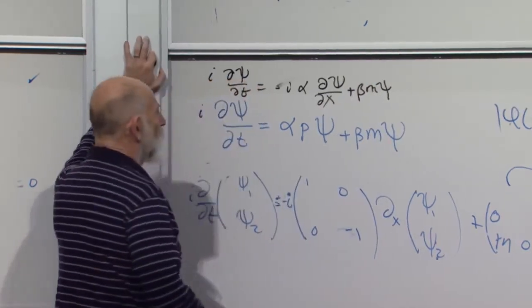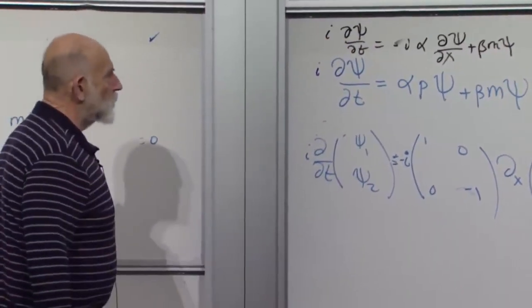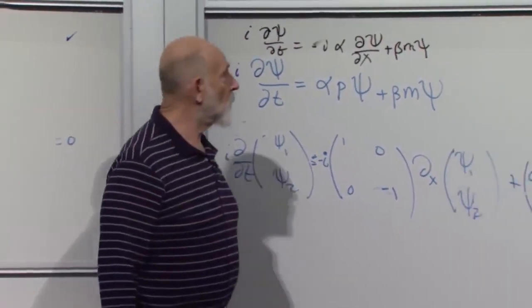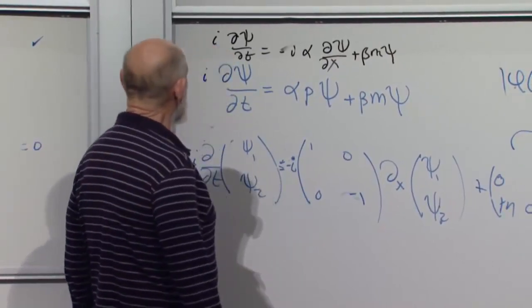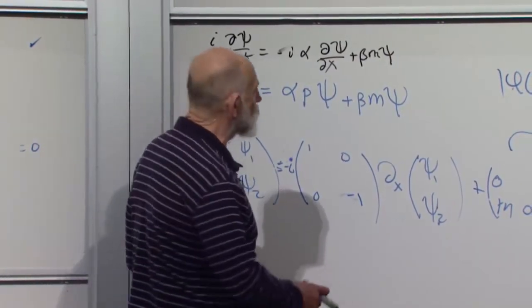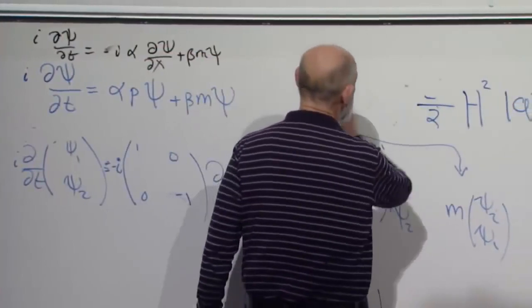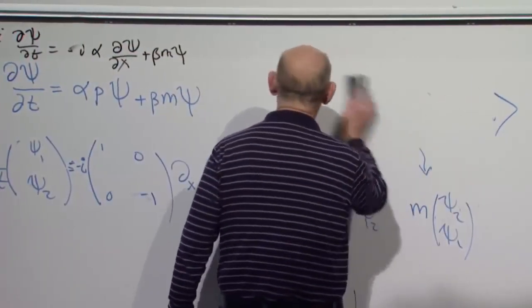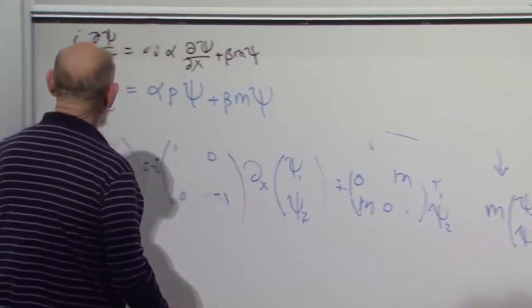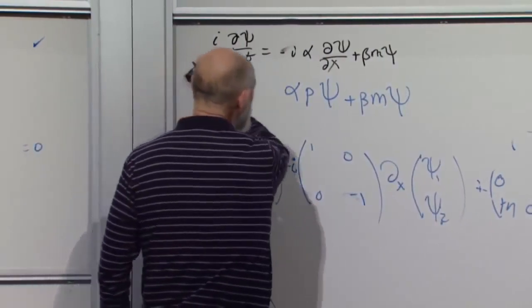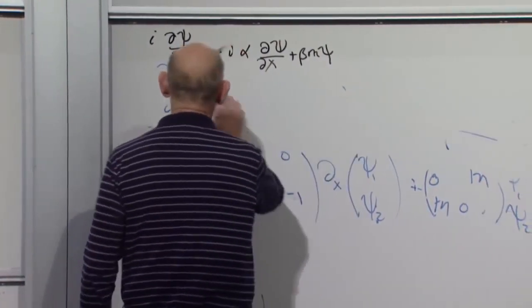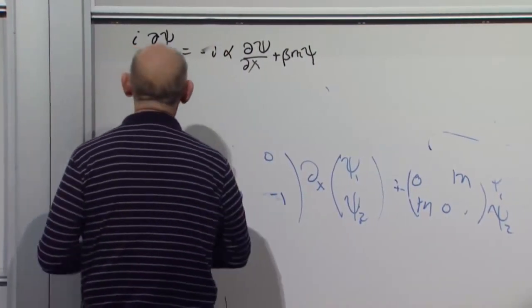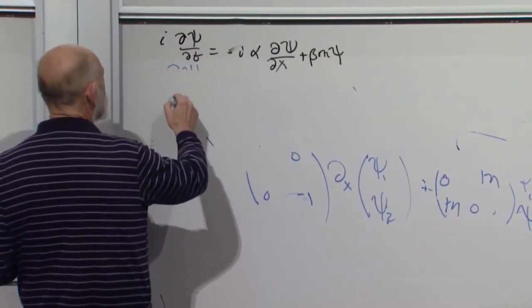That would be the Dirac equation written in one form. You can also write it another way, which is also these days more familiar. You multiply both sides of the equation by beta. And you write